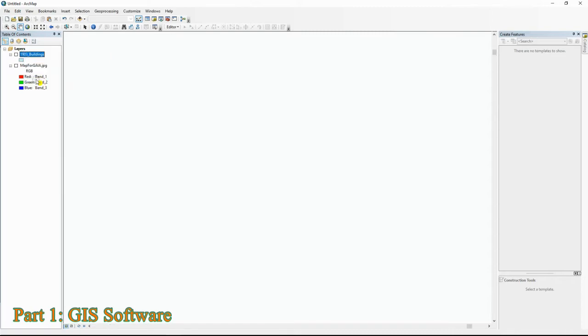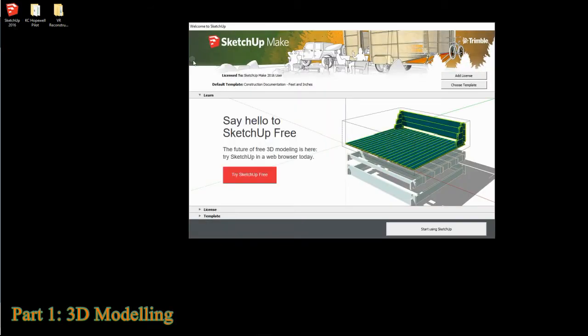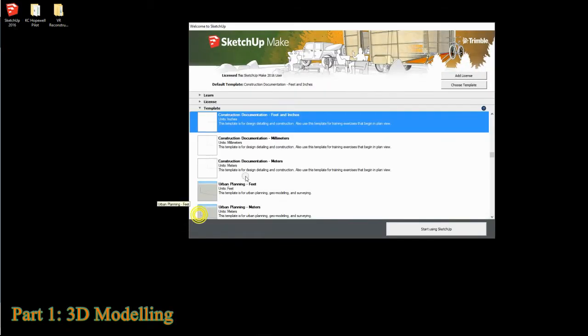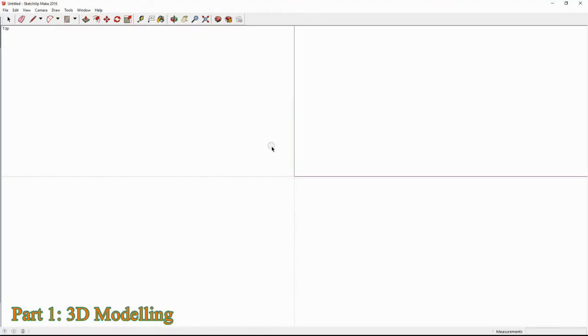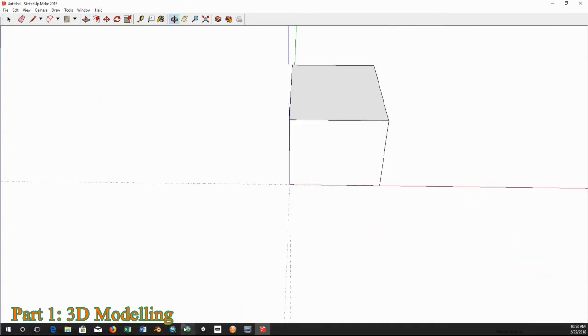The next few software programs you will require are the 3D modeling programs. For the purposes of this tutorial series, we will be using SketchUp Make, a free architectural 3D modeling program, and Blender, a free 3D modeling and rendering program. Additionally, these programs are required for making 3D models of architecture, as well as converting the 3D models from one type to another. The final software package you will need is the Unity Game Engine, a free 3D rendering and